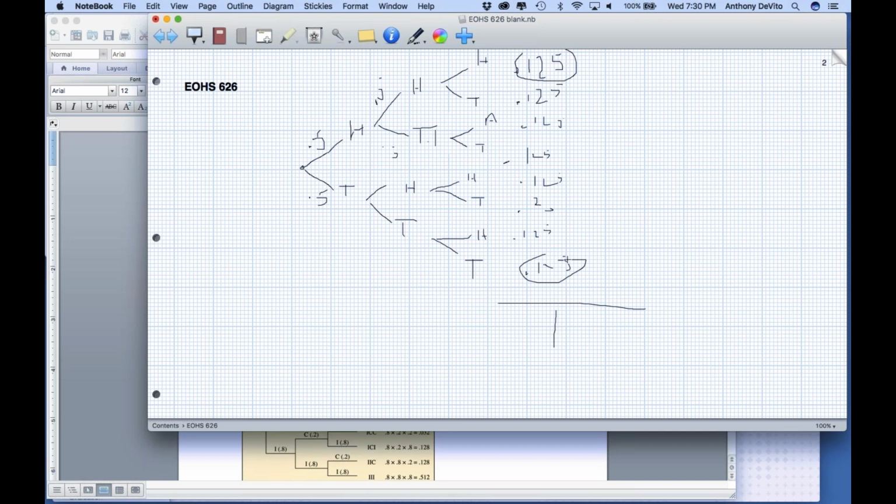What's the probability of getting 2 heads and 1 tail? Well, there's a few ways that can happen. Heads, tails, heads. So this would qualify for 2 heads. Heads, heads, tails. This would qualify, right? And where else have we got it? Tails, heads, heads. This would qualify. So there's 3 ways to get that outcome. So what's the probability of getting 2 heads and 1 tail? It's going to be 0.375,